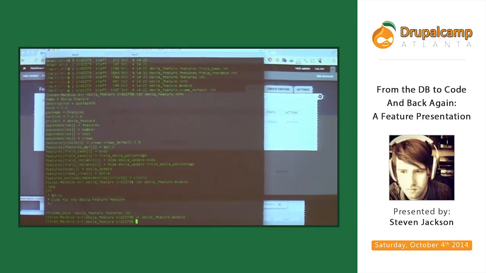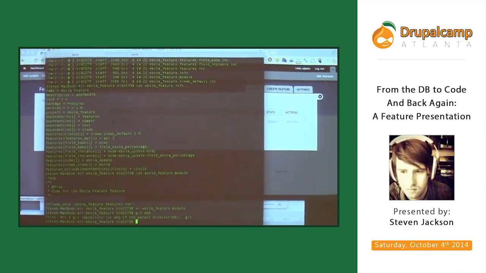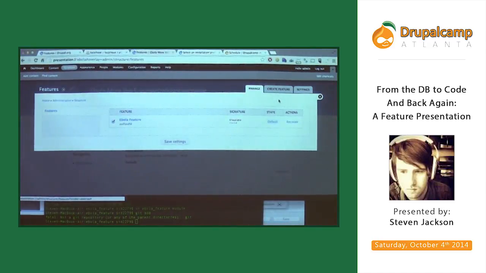So this export, it's in the code. So what we can do is, I actually probably don't have this under version control, but you can commit the code, and you can share it with other people. But what this also does, you see that it has the state over here as default and the actions that you can do. So we've gone through, we've put in all our development time, creating this awesome Ebola content type